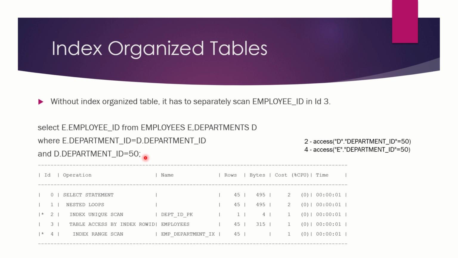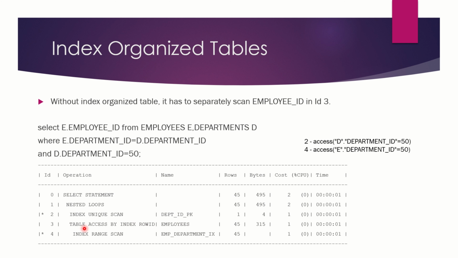That means Oracle actually executed this part of the clause. So Oracle now has the d.department_id equal to 50 row. Then the second operation which is going to be performed is the fourth operation. Now the fourth operation is nothing but accessing the employees table for department_id equal to 50, which means that it is actually doing a join operation. So once this join operation is done, the third operation is the one which is going to execute later.